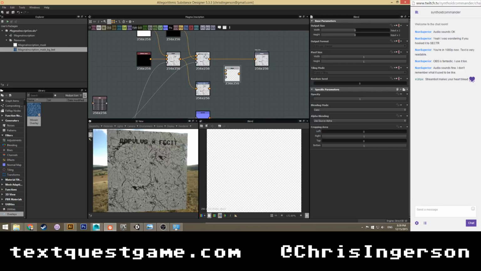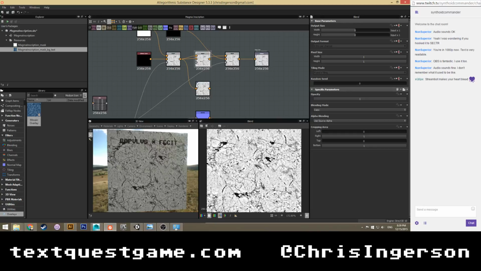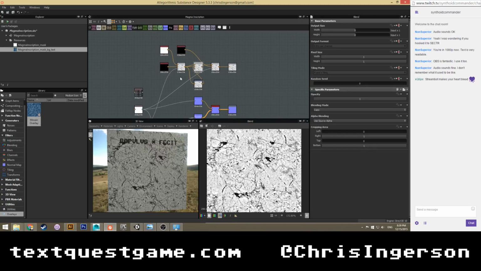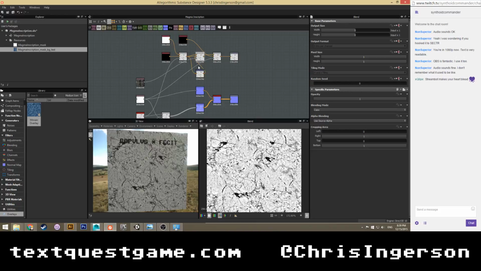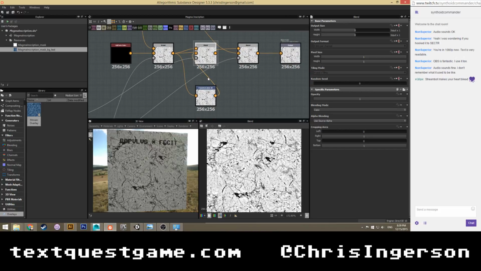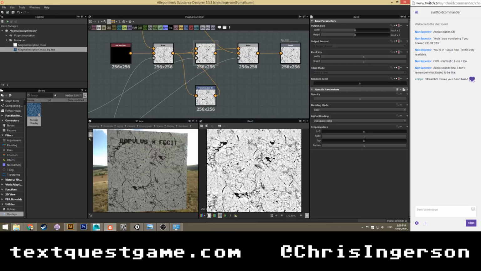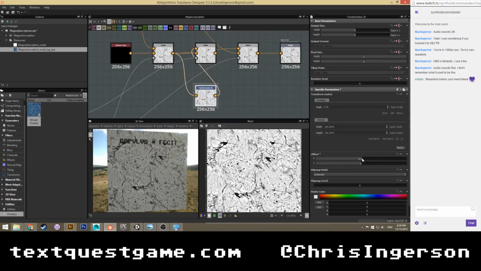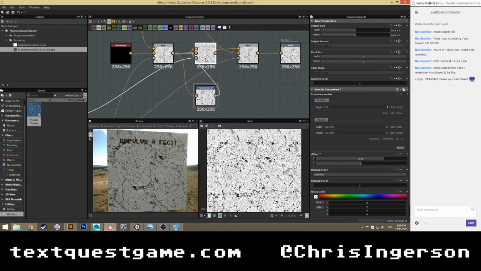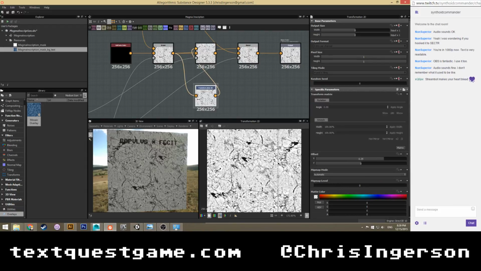Except, crap. That's going to have to be last. Let's go ahead and do this. Except, hold on. This is going to be the top. This is going to be the bottom. And this is going to be an offset. Just do like 0.25. Oh, come on.